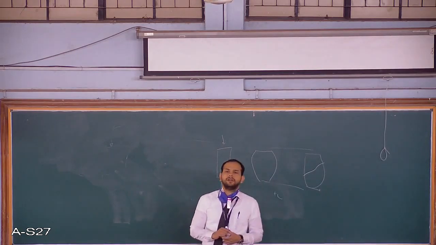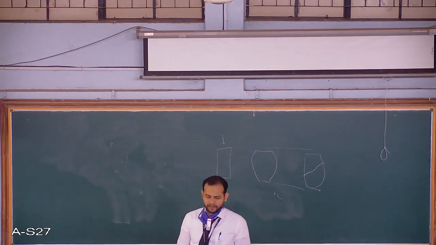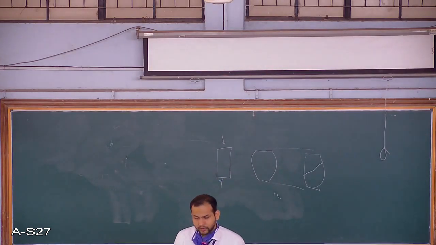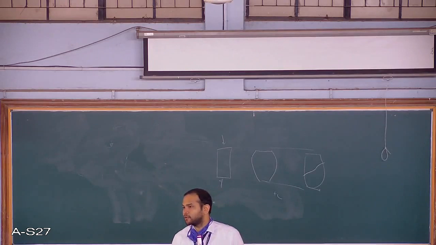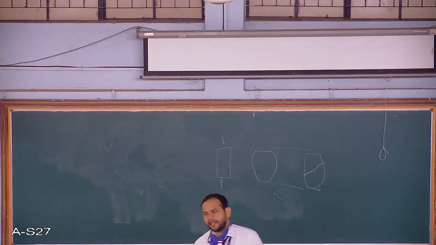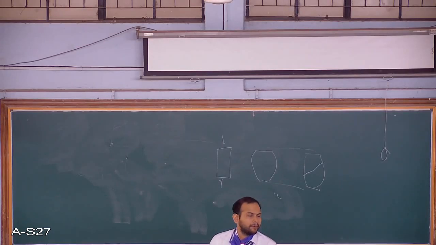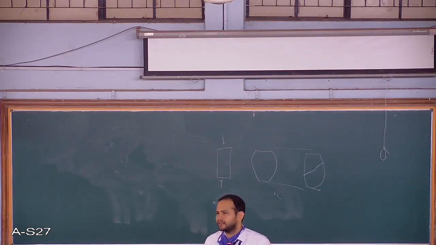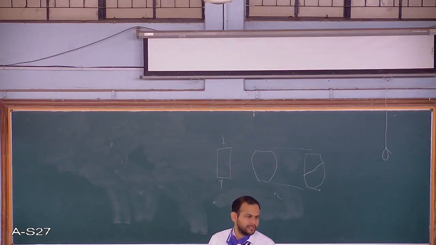So as a good experimental person, you have to look at the minute details. What is happening to the sample? For finding stress, we are taking load upon area, but actually the area is not constant. It is changing, so we have to consider that changing area also. Your stress will go on changing because the area is also changing. So that is the area correction, and it all depends upon the strain.